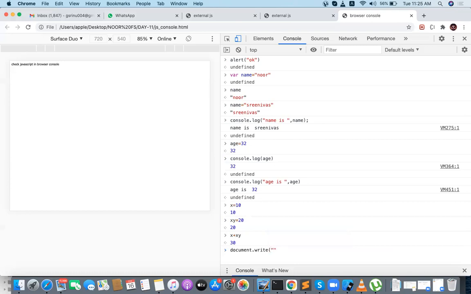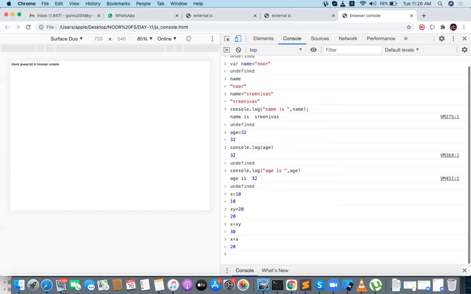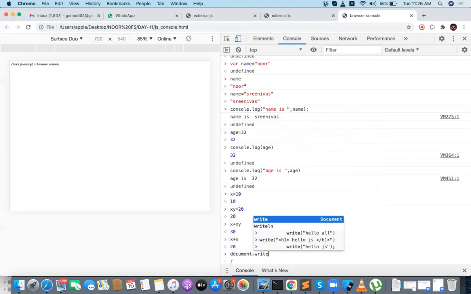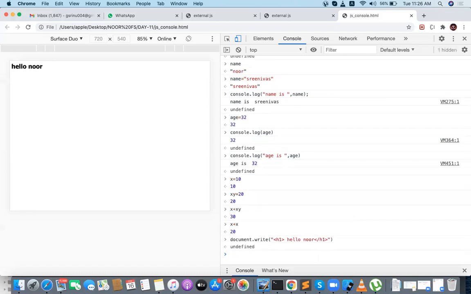Okay. For example, I want to show some H1. Okay, document.write. I want to place one H1. Hello Noor. H1 close. Okay, can you see that?